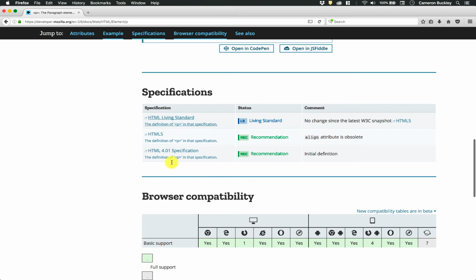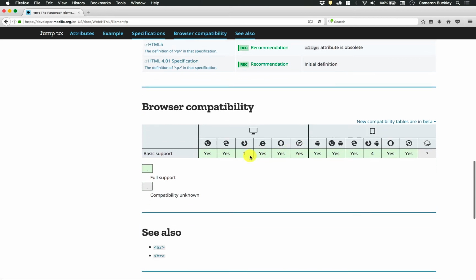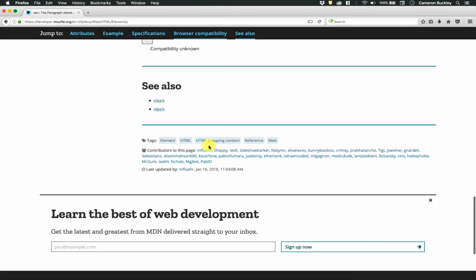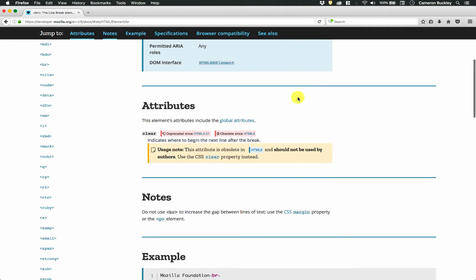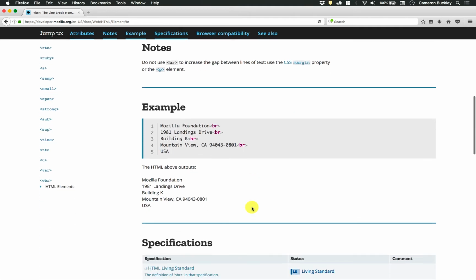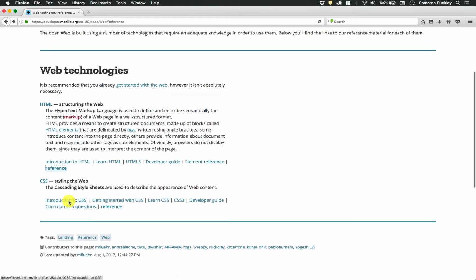There's further things like how it's used in these different specifications such as HTML5 or HTML 4.01. The browser compatibility, so this is compatible with everything. And then also some see also. These are some things that might be useful. So the BR tag is the break tag, which is how we get line breaks like this. If we hop back to the base reference, we can go to the